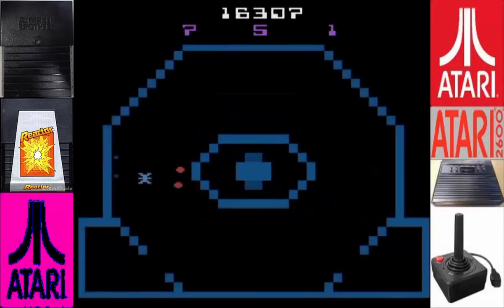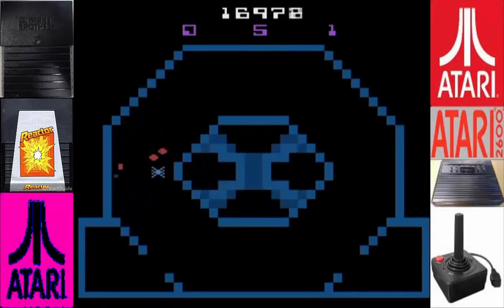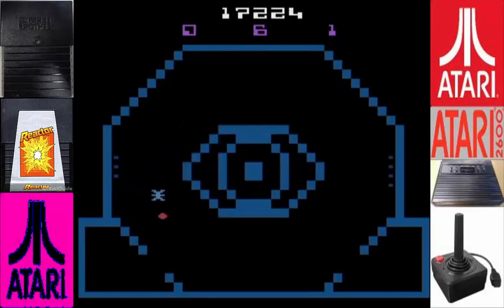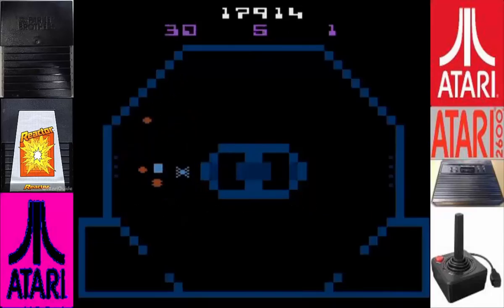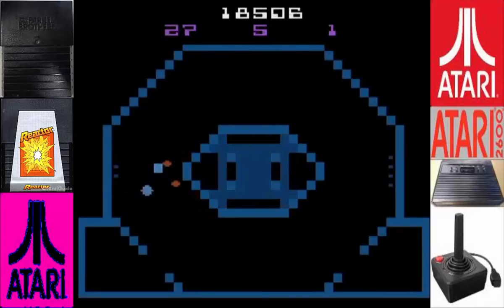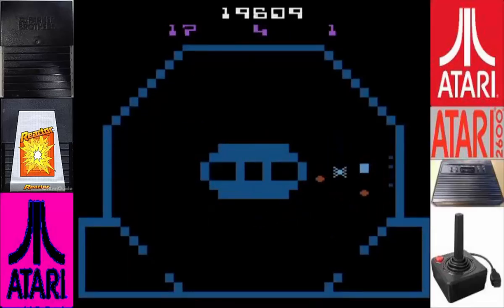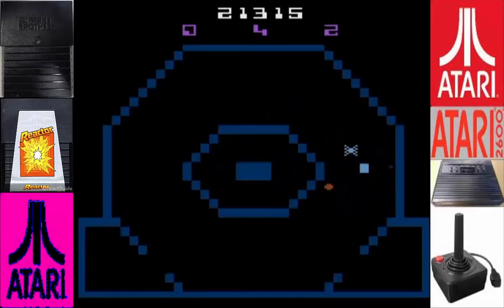Let's see, can I make it to the higher levels? I don't know how many. Oh! I did not realize I was still up with a big one. Come on. Alright! 40 particles now? Oh my jeez. See, they get attracted to the decoys, and so I take advantage of that. Come on, hit those control rods. Come on. All right. Alright, I got an extra life. I'm not sure how I did it, but...